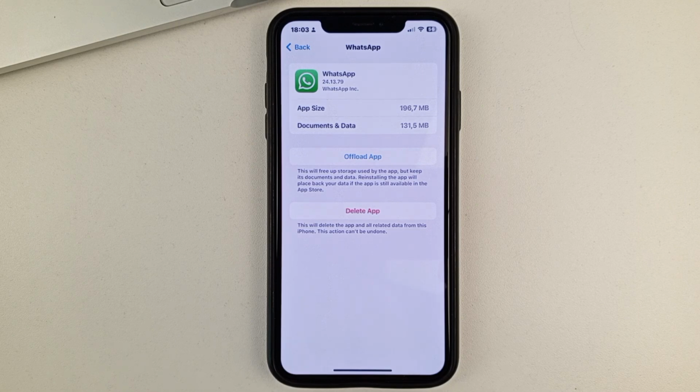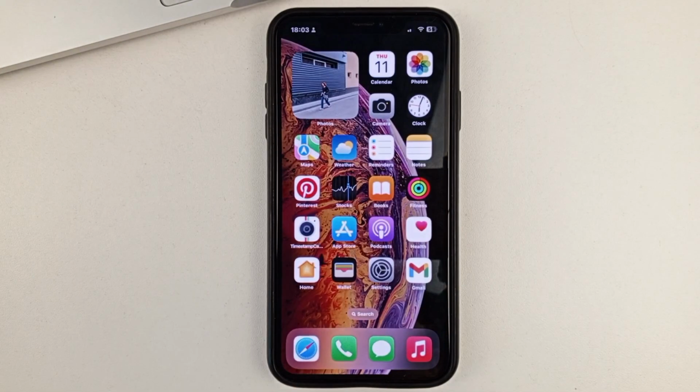After the app unloading happens, also at this place you will have another option called Reload App. You will also click on this button and wait for a few minutes until the app is reloaded. This way you will clear all the cache, all the unnecessary and outdated files on the app, and it will be updated. Friends, these are the two ways you can update the WhatsApp app on your phone.